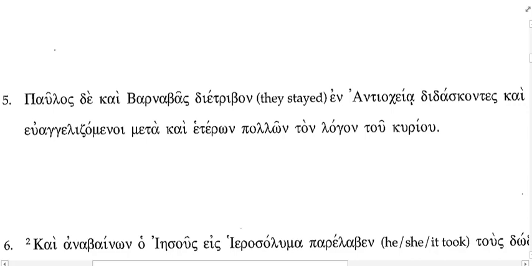So look at the de here. What kind of a conjunction is this? It's postpositive, which means it's got to go in second position in Greek, but in our translation, we're going to translate it first. So, "and now," or "but, Paul and Barnabas," okay? So this kai is joining two subject nouns. This de is a sentence level conjunction that joins this sentence with the preceding one. So Paul and Barnabas, and he tells you it means stayed, dietribon, in where? In Antioch.